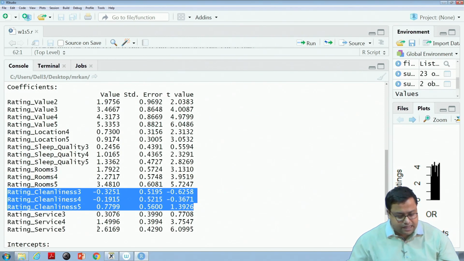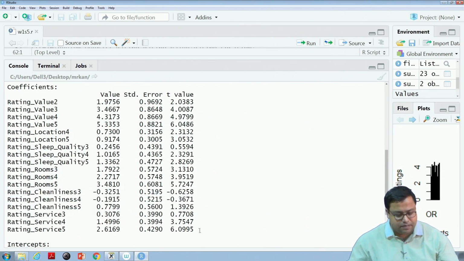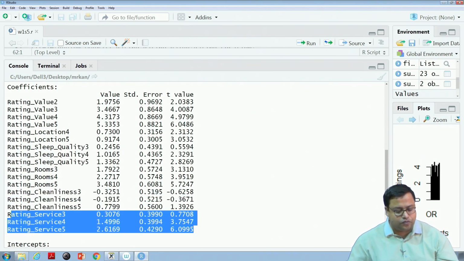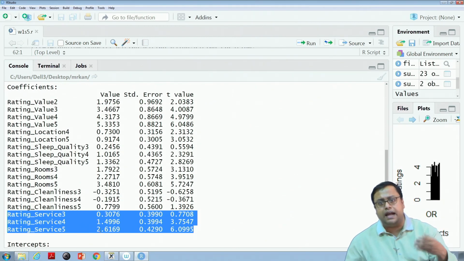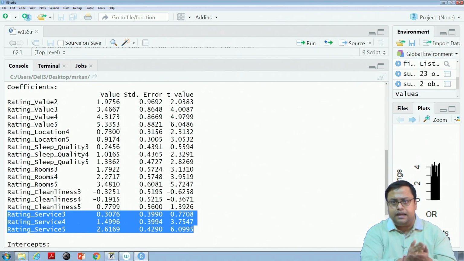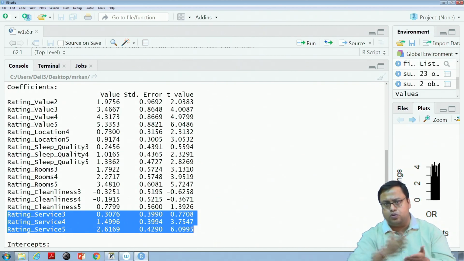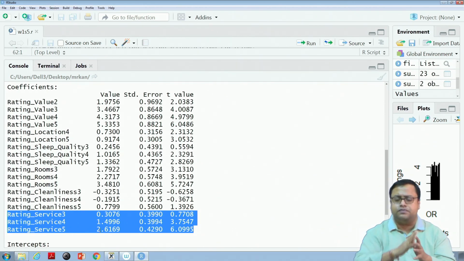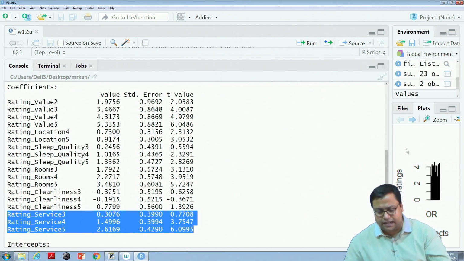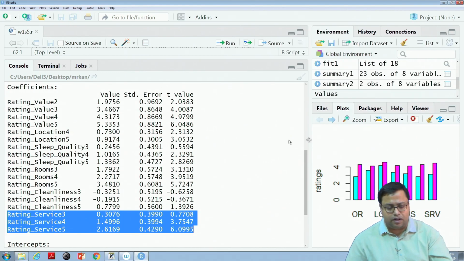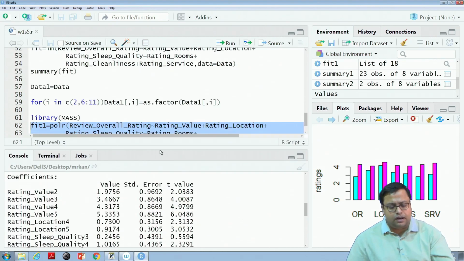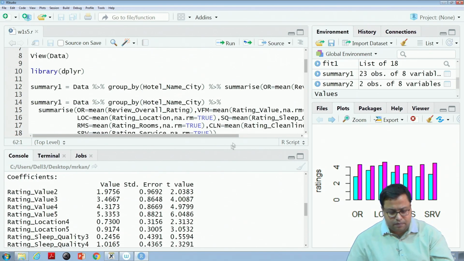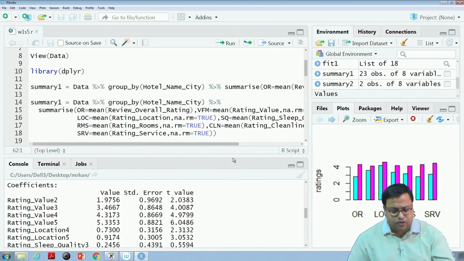On the other hand, services has some meaning, it can be seen when you jump from 2 to 5, the increase is 2.6. So this gives you an idea that if I jump from 2 to 4 or 2 to 3 or 2 to 5 in terms of some improvement in the aspect ratings, how that will impact the overall rating. That is why in this particular video what we did thoroughly is